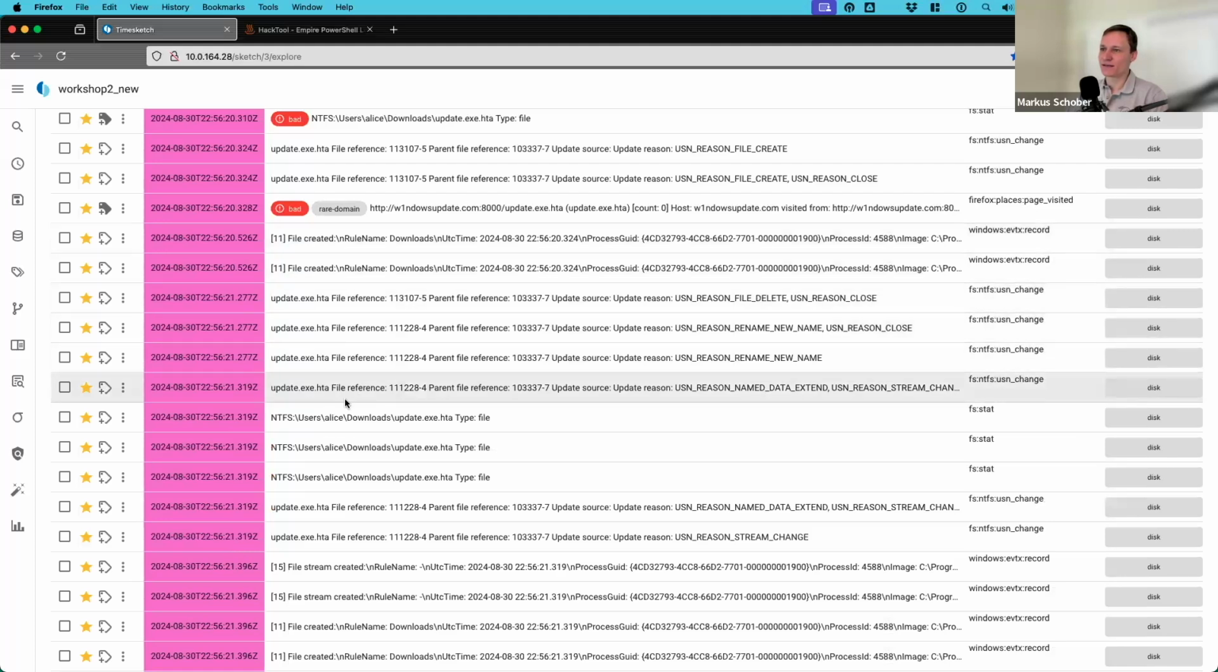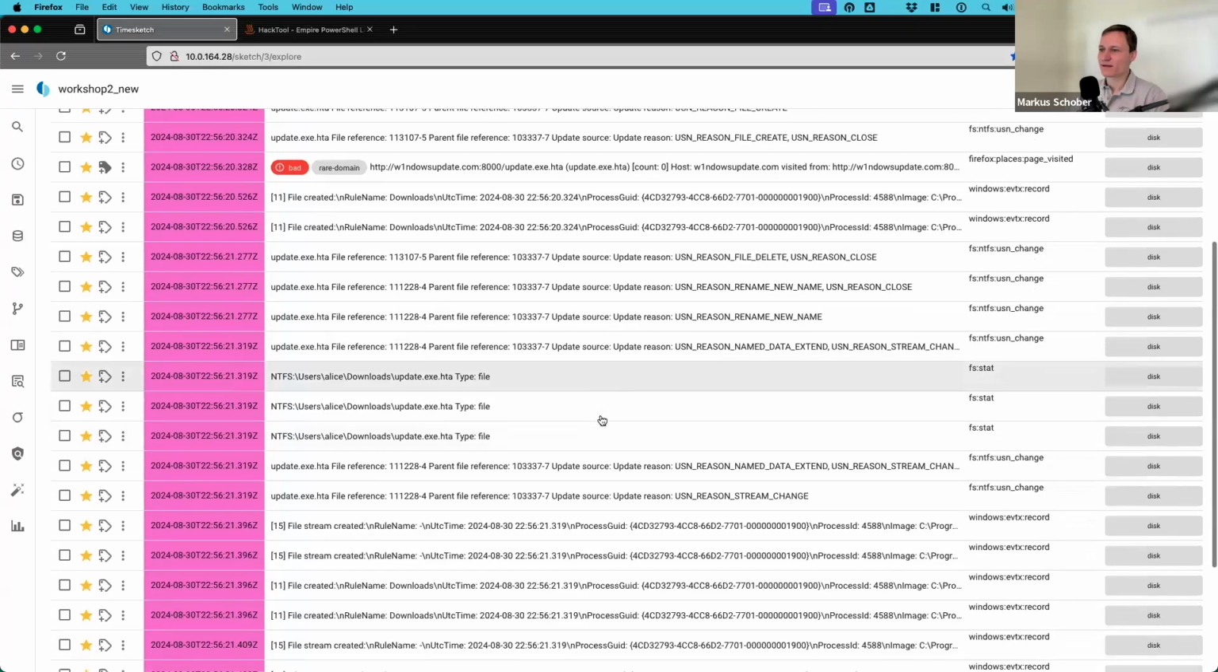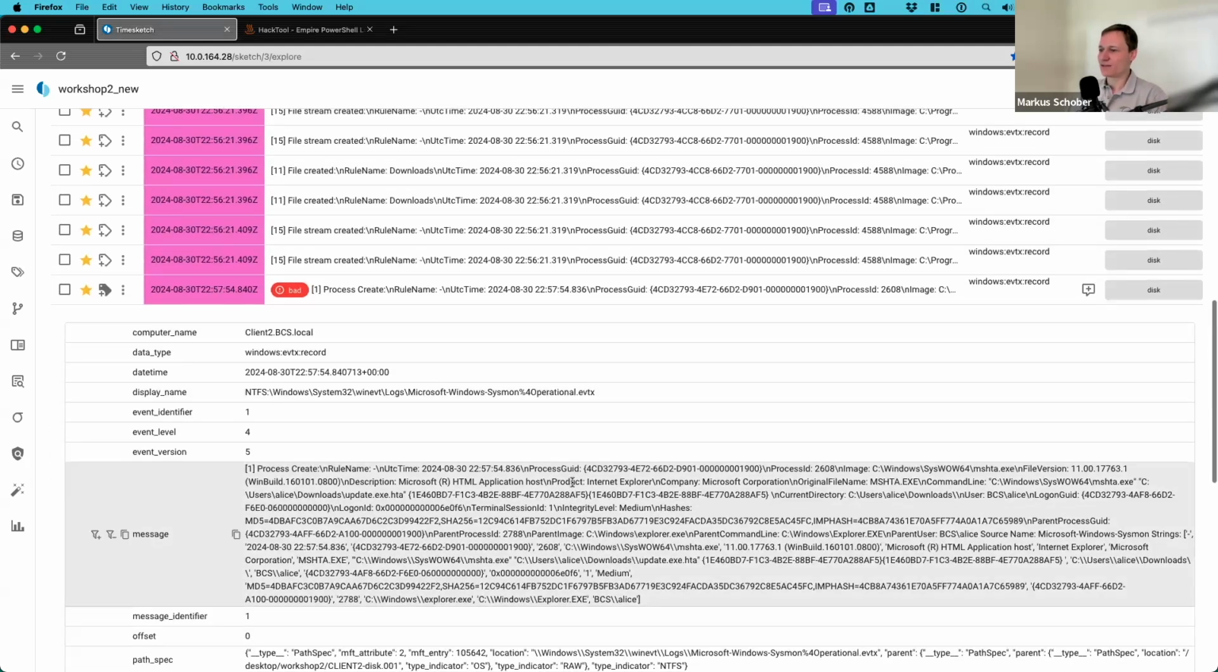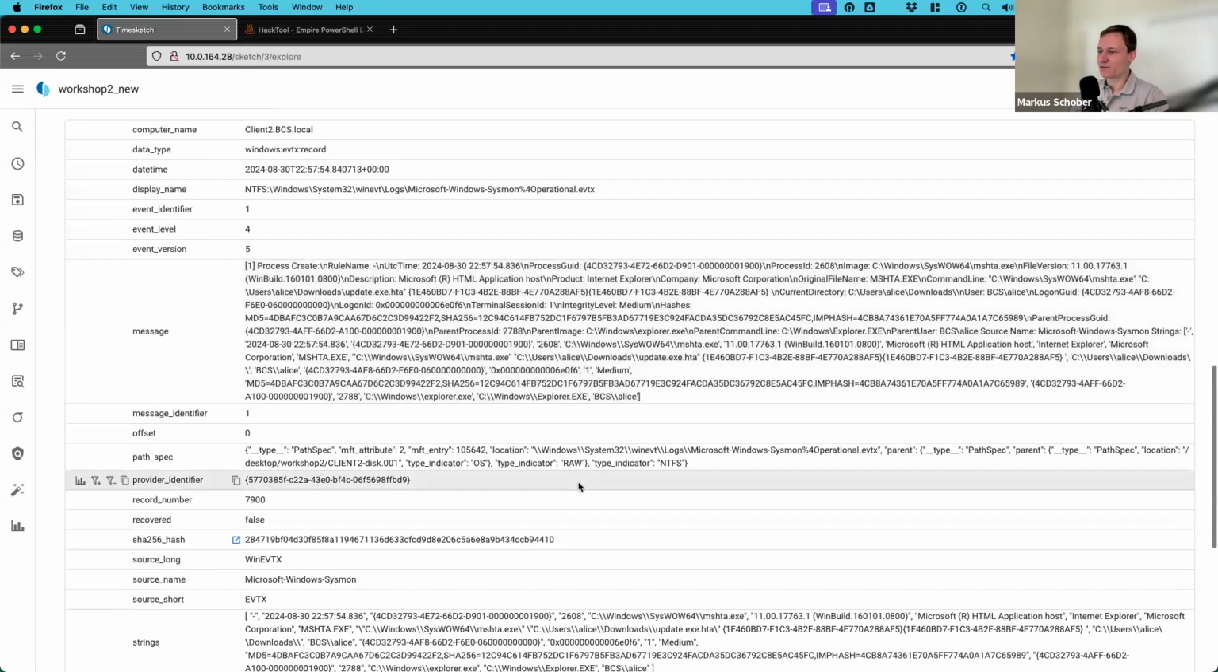Then we have the NTFS, MFT, or USN journal tracking that this update.exe was created. And then we have, at some point, Windows event logs that are saying, hey, this update was still captured in here. There was a process created based on it. So this basically is evidence that we have